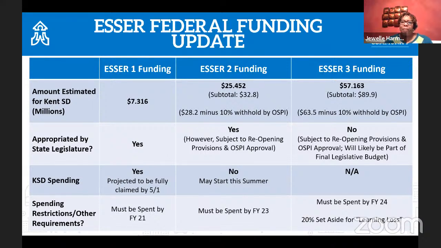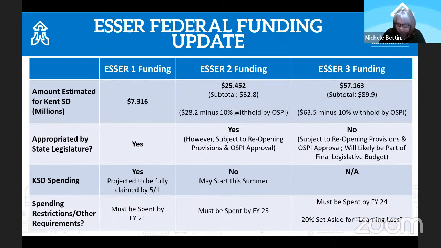And so we opted for a plan that exceeded that from the beginning, so that when we bargained with our labor groups, we could bargain authentically and not have to come back to the table in the midst of that to shift things for students. So no, we haven't completed, we don't have a plan that's approved, but we just completed the bargaining process with all of our labor groups. And we're still fine tuning some of the details, but we are well on our way to have our elementary students back in on the 12th and our secondary students back in on the 19th.